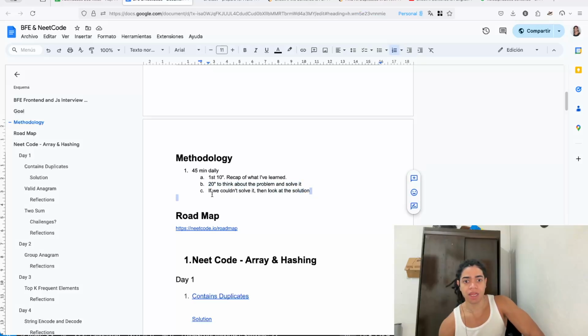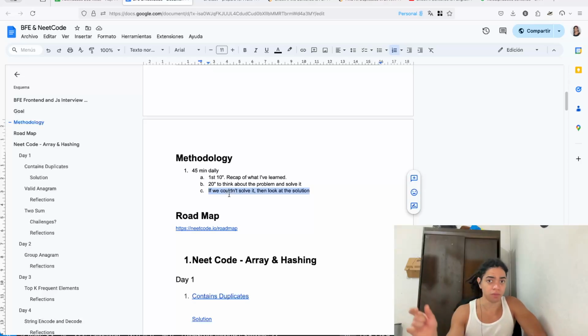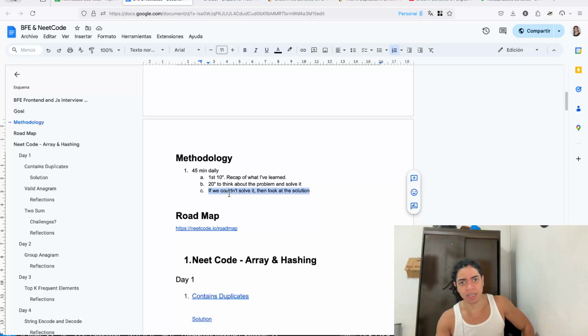And if we are not able to find a solution, no problem, because we're gonna take a look at the solution. But the idea here is to actually use all of these tools, data structure, algorithm, and problem solving technique as a way to see how can I come up with a solution based on this particular problem. So